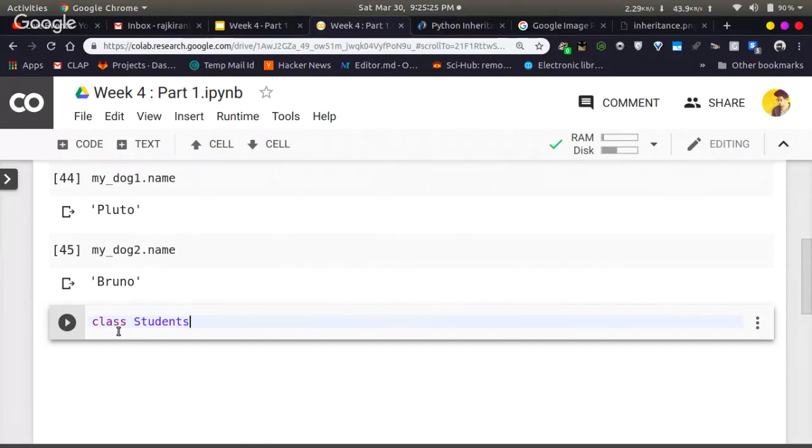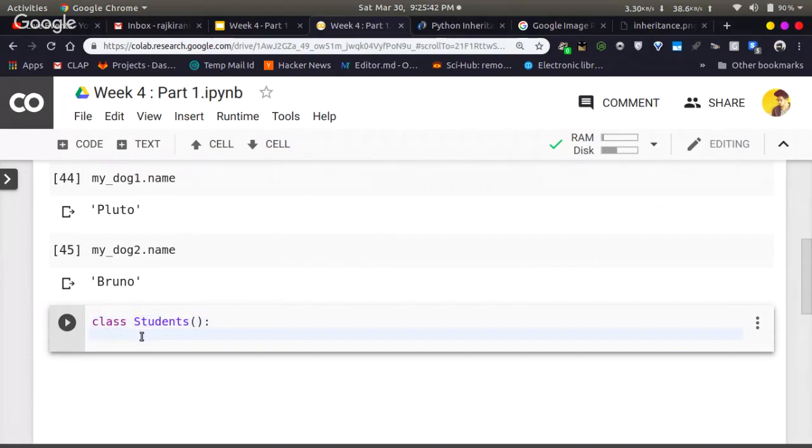Storing details of students in a single list is actually not a better approach. A student may have different properties or methods to be implemented. So that is when we make use of a class. You create a class named Students,